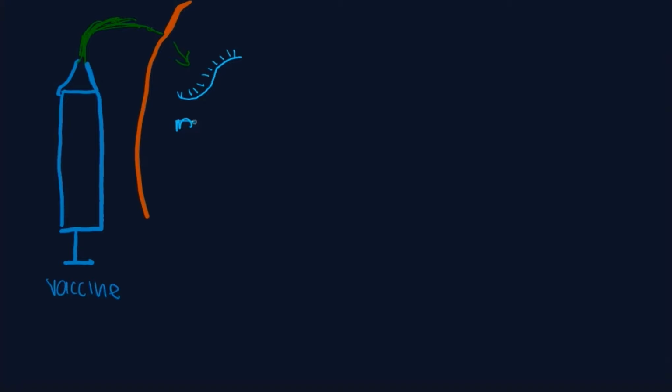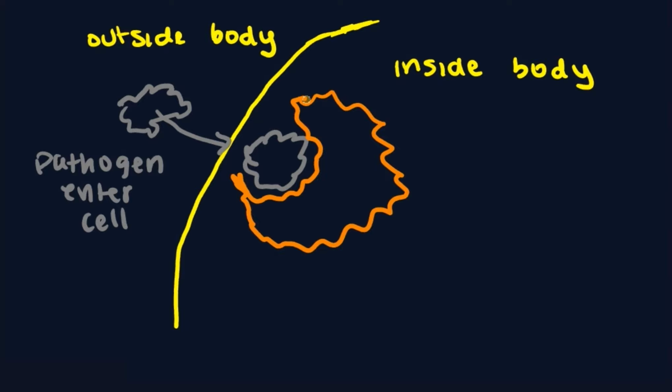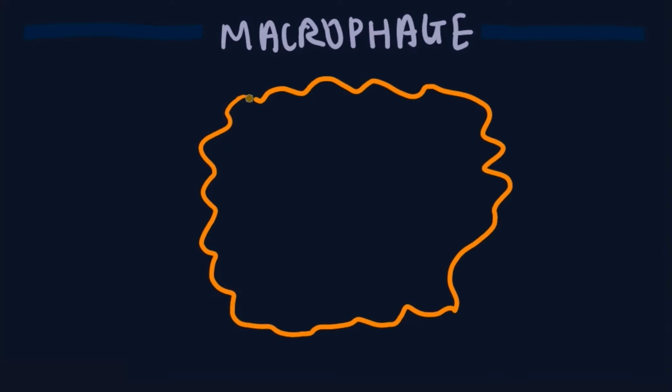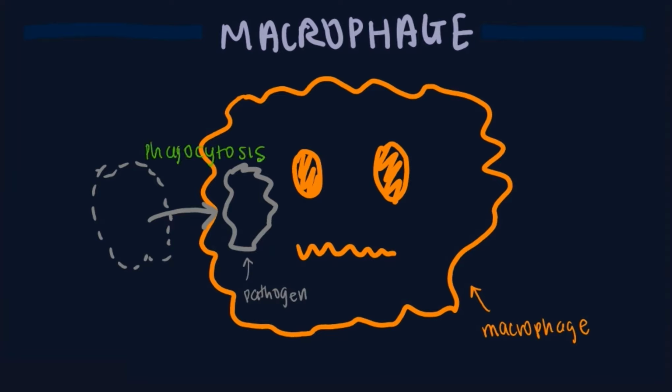Before we get started on the mechanism behind the vaccine, let's understand the immune system. When a foreign pathogen enters the body, antigen-presenting cells engulf the pathogen and present the signaling molecules on their plasma membrane. An example is macrophages, cells that perform phagocytosis to engulf the pathogens, present antigens, and then initiate inflammation